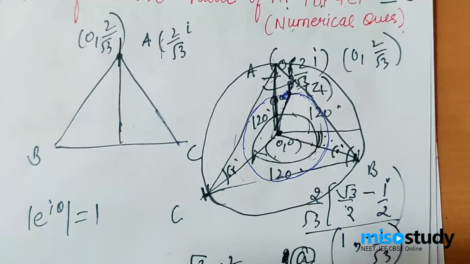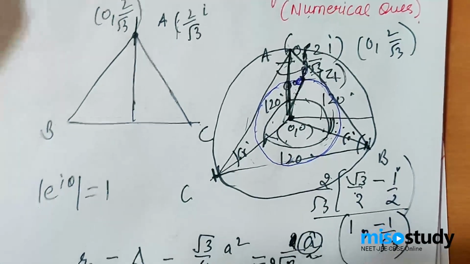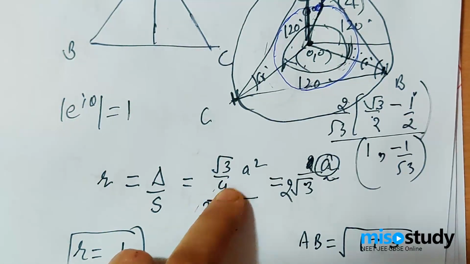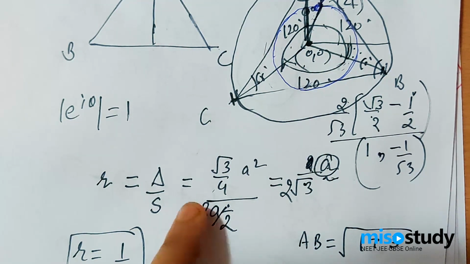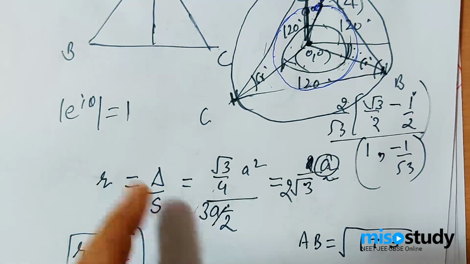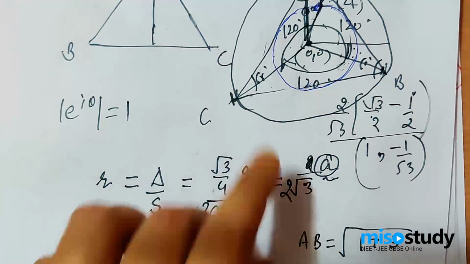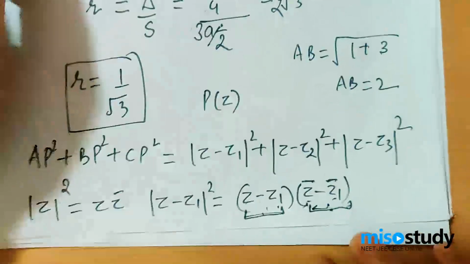Okay, so therefore I wanted to evaluate small r, which is the radius of the incircle. So I applied the formula delta by S. Now delta, since this triangle is an equilateral triangle, we found out in the initial stage itself, the area of the equilateral triangle is root 3 by 4 a square, and semi-perimeter is a plus b plus c by 2. In this case, a equal to b equal to c, so it's 3a by 2. So I evaluated by putting all the values. It's equal to 1 by root 3. I have told you in detail how we found out a. Now that I have found out 1 by root 3, my job is half done.